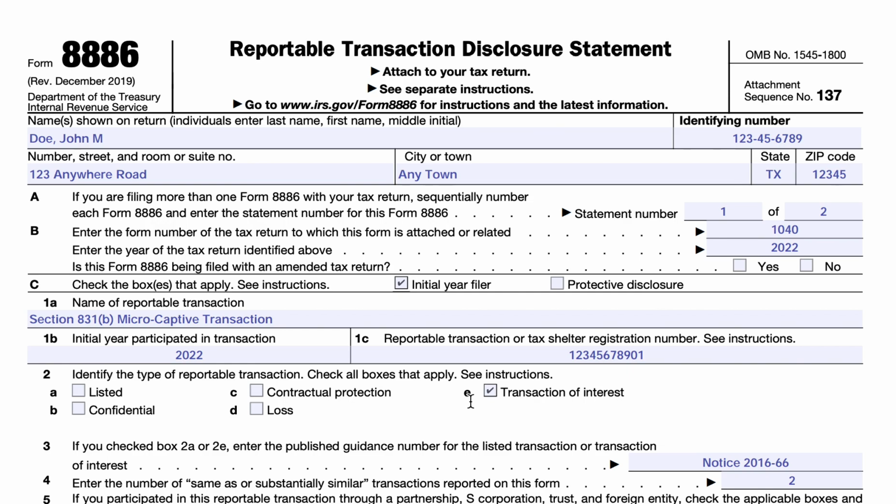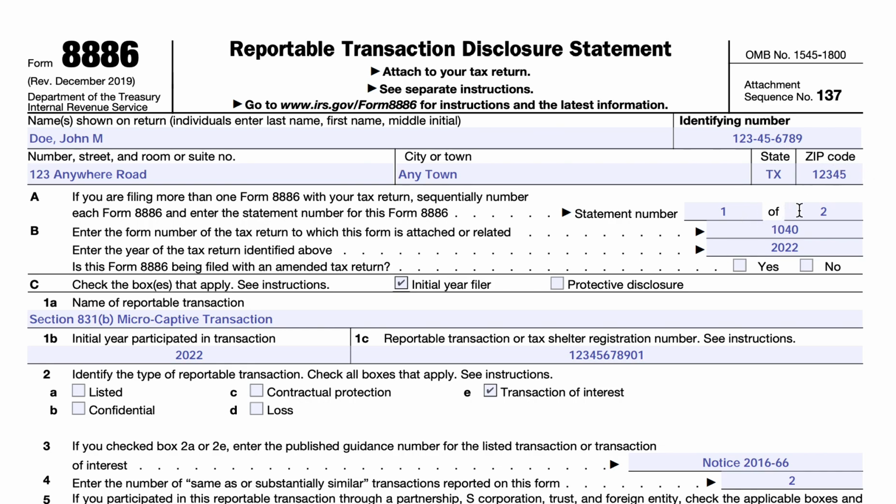First, we're going to start at the top of the form where we've completed the taxpayer information on behalf of our hero, John Doe, and then his identifying number. In this situation, it happens to be an individual taxpayer, so the identifying number is his social security number. If you were filing this on behalf of a pass-through entity or a corporation, then it would obviously be the employer identification number. So taxpayer name, number, street address, and town, state, and zip code. Then before we get to line 1,